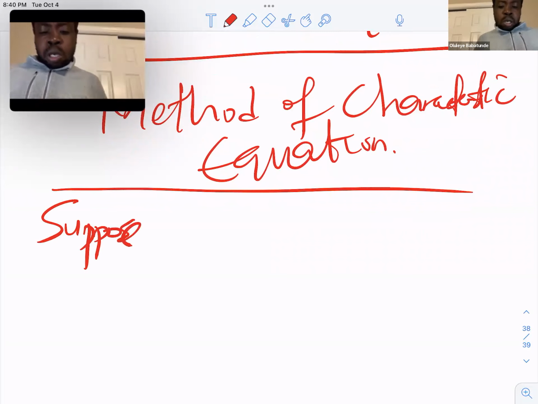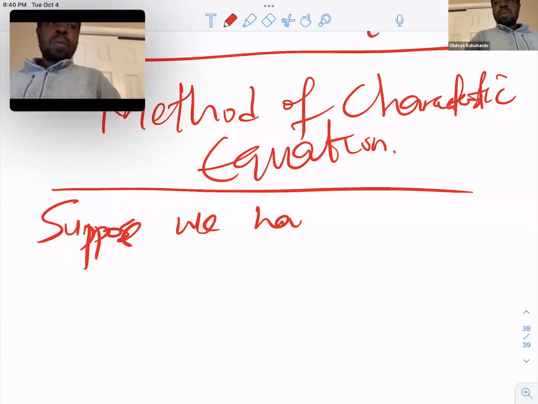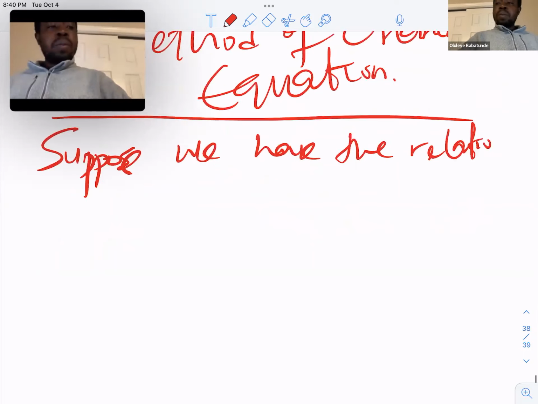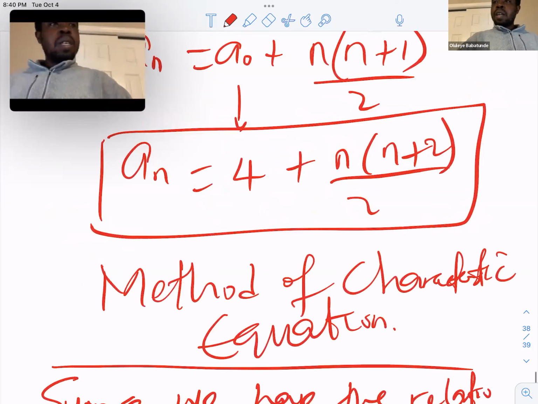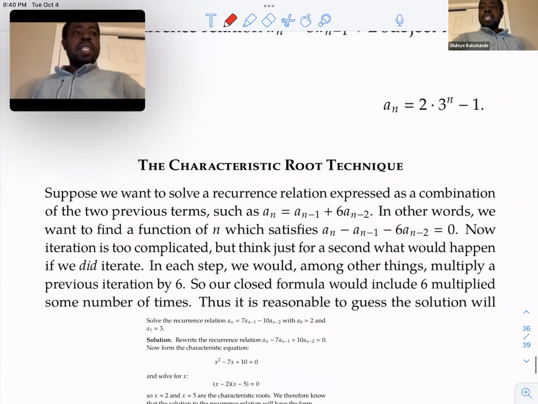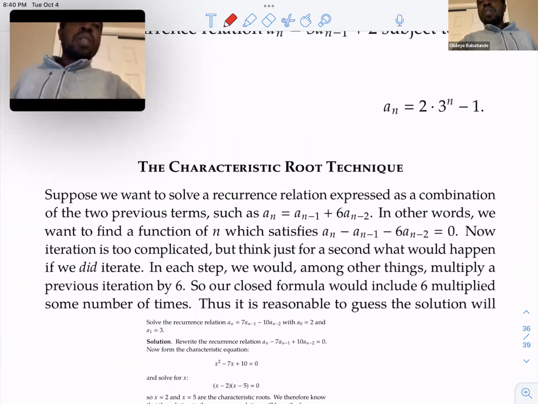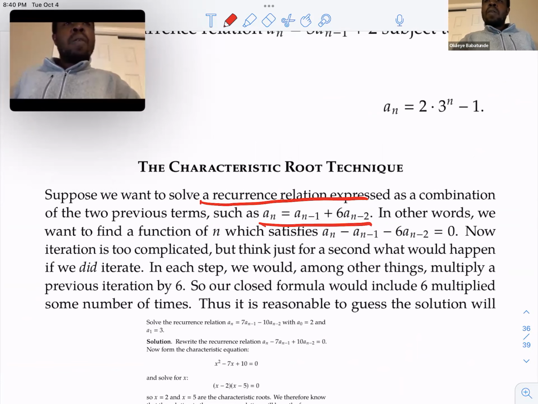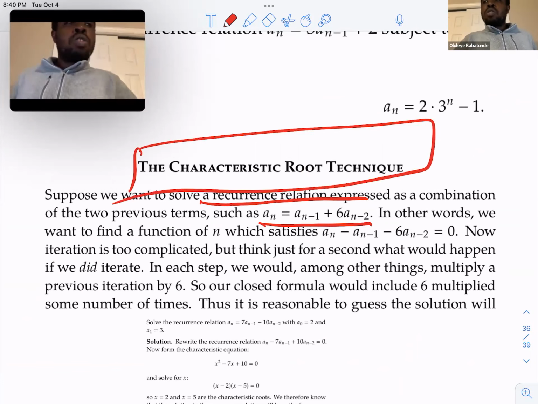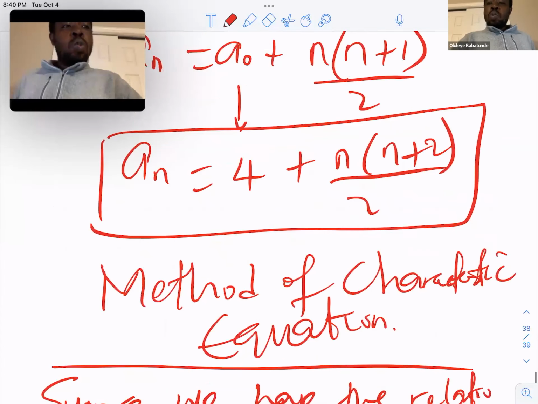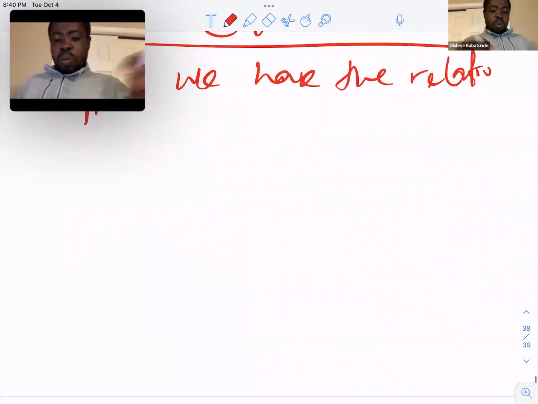Suppose, I wrote it down somewhere. I think I have it down in my notes. Let me see if I can remember. Yeah, okay, it's here. Suppose we have this relation, right? And we want to solve it by the method of characteristic equation or roots. All we have to do is